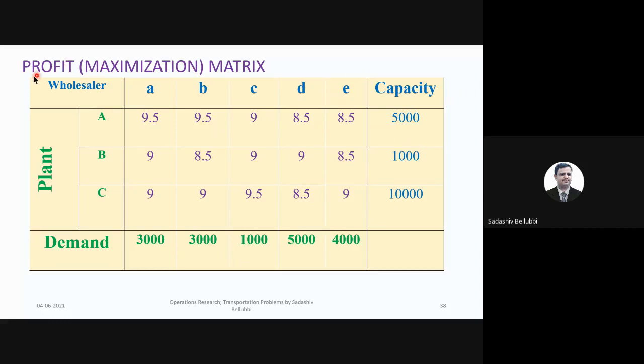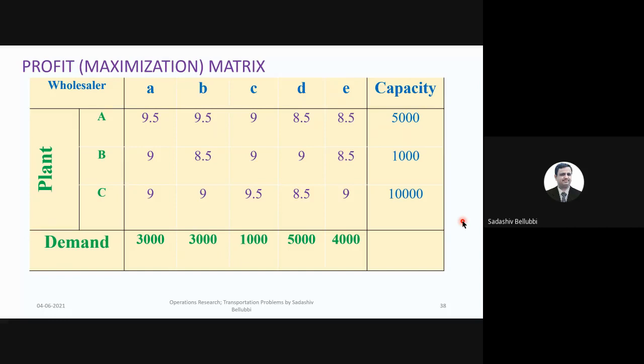This matrix is the profit matrix. For each matrix, you are supposed to write on the left side or the right side which type of matrix it is. Once we know it is the profit matrix, we can solve with any one of the two methods, as I have told. One method is exactly the opposite of the minimization problem, and the other is to convert the maximization problem into minimization and then solve with the normal procedure. At the end, we need to consider the profit matrix for the total profit.